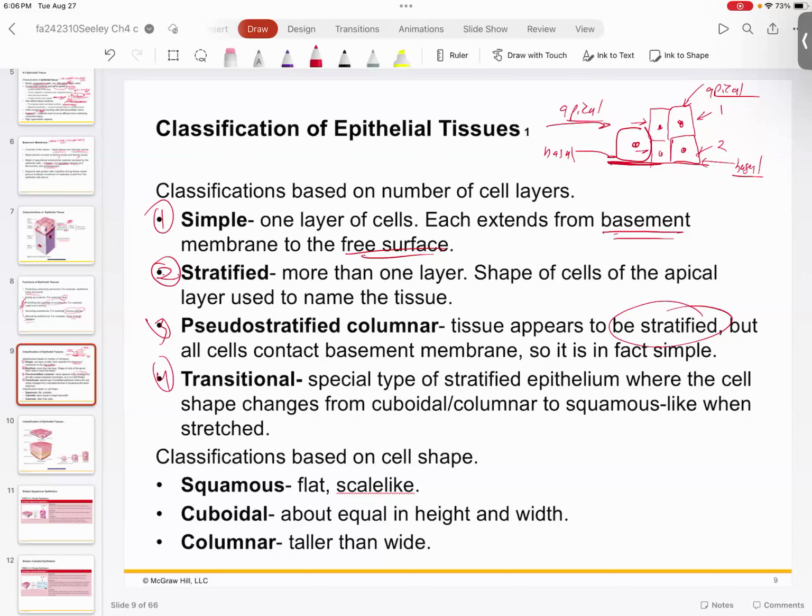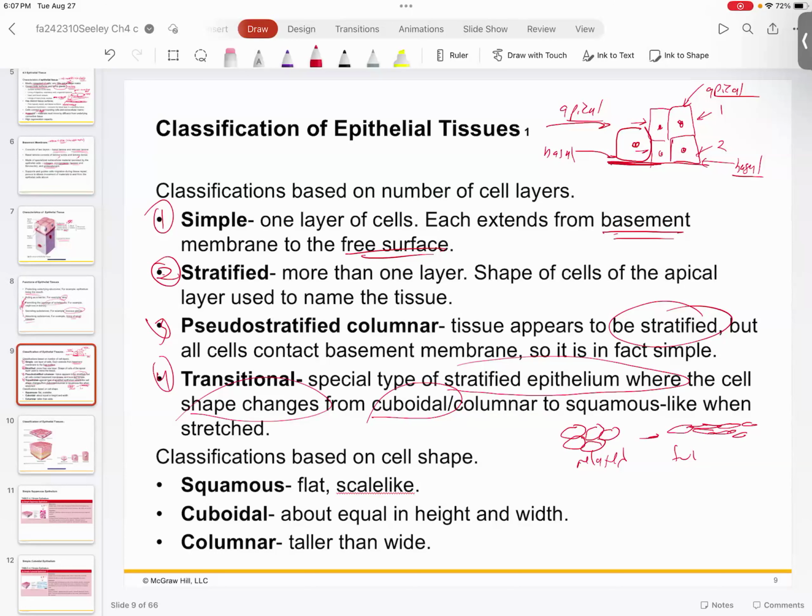Transitional is a special type of cell. We only see it in the kidney. Basically it's a type of stratified epithelium, and so it changes shape. For instance, originally it looks kind of cuboidal, maybe even columnar, like in the bladder. When the bladder is relaxed and empty, the cells have this sort of almost ovoid look to them. It'll look like this. And then when it stretches, it'll look flat. What we refer to as squamous,